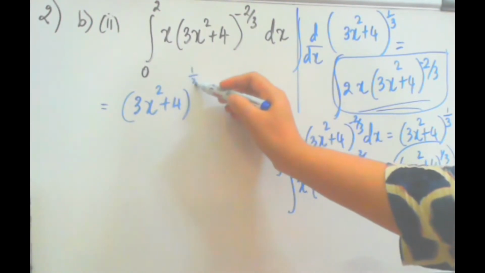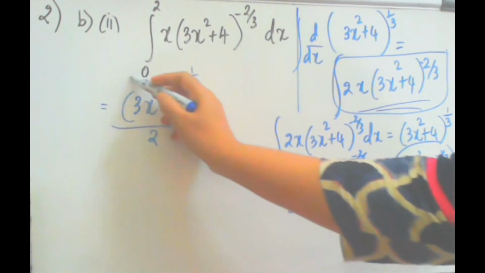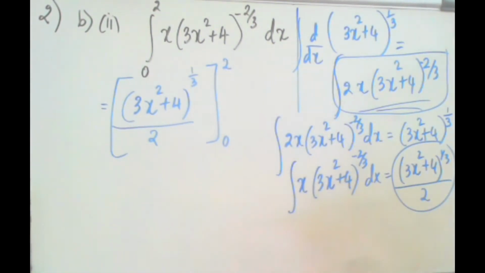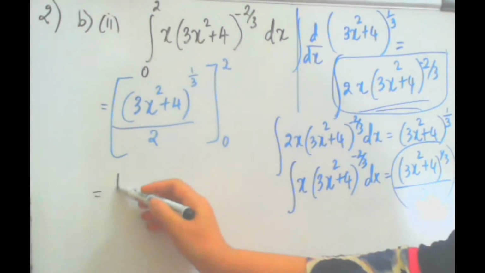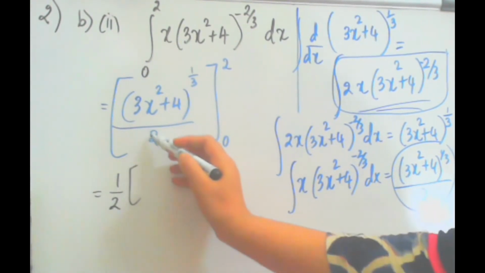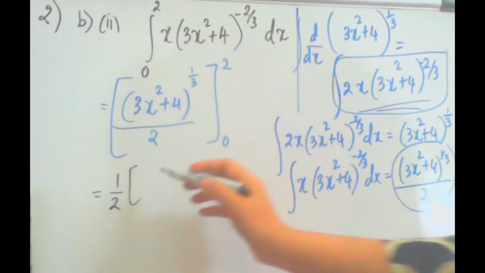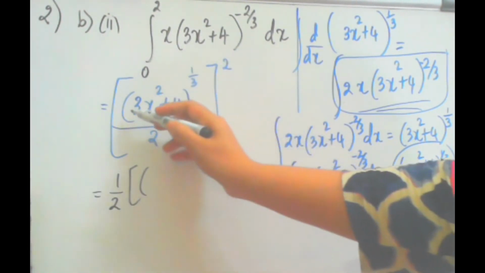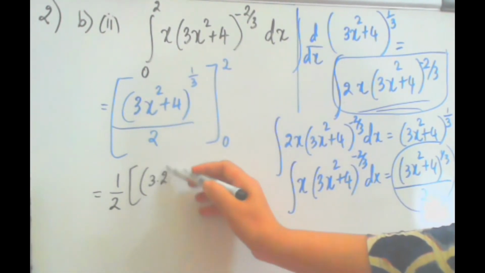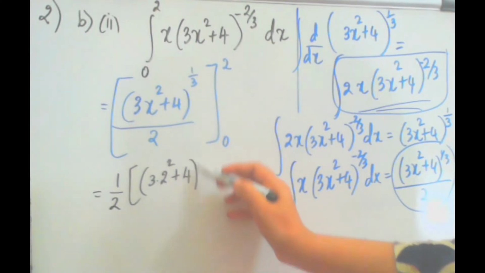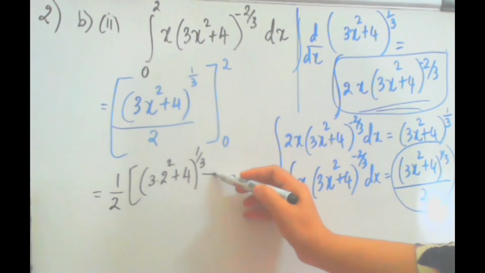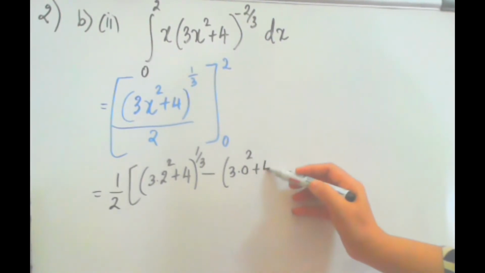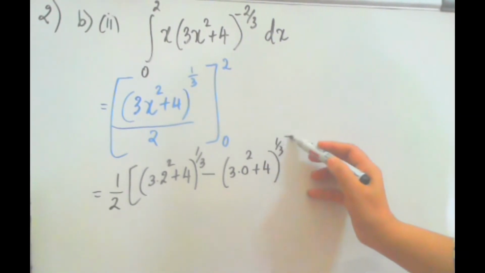to the power of 1/3 whole divided by 2 with the limits of integration from 0 to 2. Alright, so let us keep the half outside, that is this 2. Let us apply the integral limits now. So (3 into 2² + 4) to the power of 1/3 minus (3 into 0² + 4)